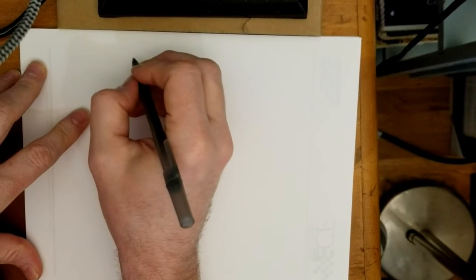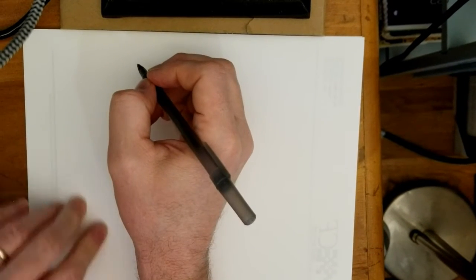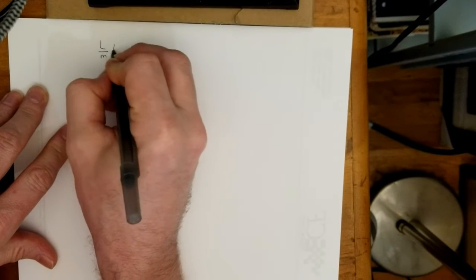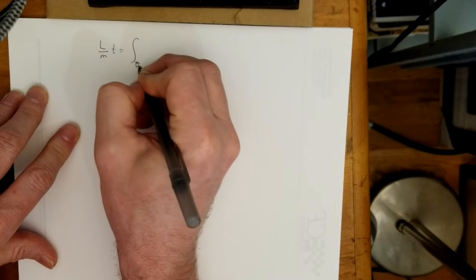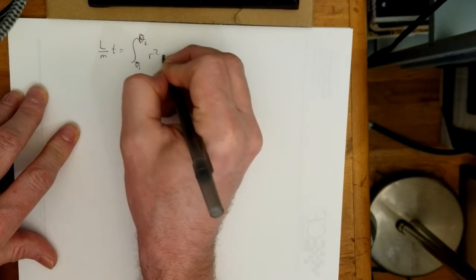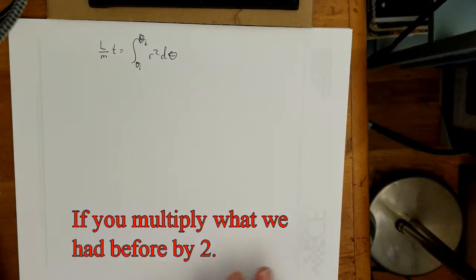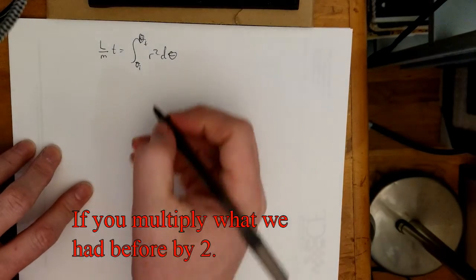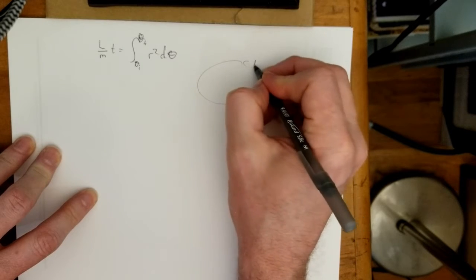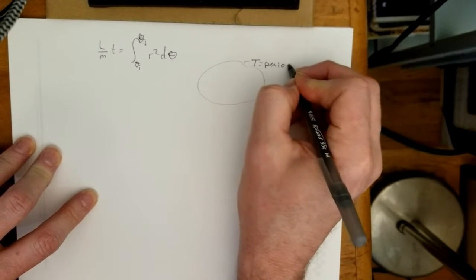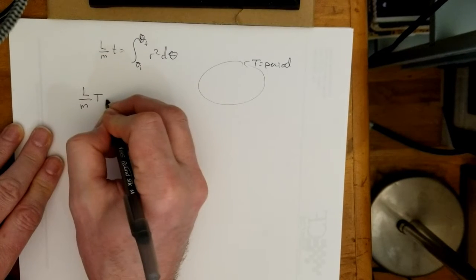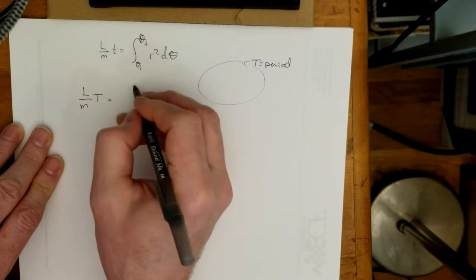If you recall Kepler's second law, equal area and equal time, we had L over m times time is equal to the integral from some initial angle to some final angle, r squared d theta. If we're looking at a full orbit, then the time it takes to go around is the period. And so we're left with L over m times the period is equal to, well, doing a full circle here,